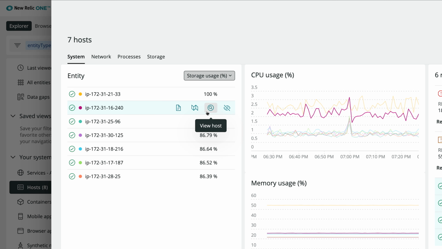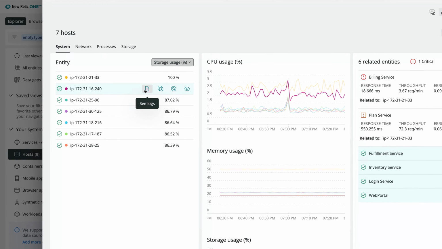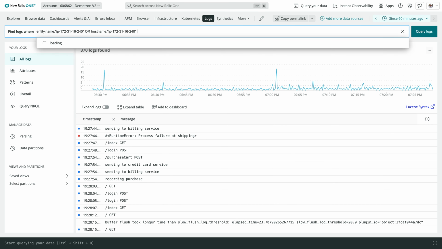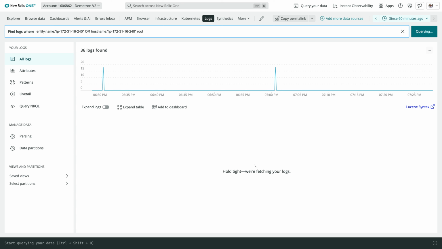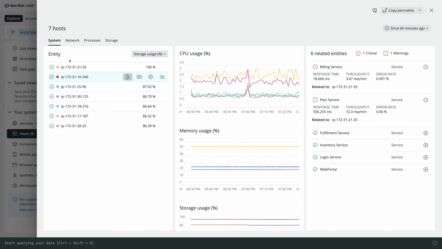The infrastructure interface also offers a lot of in-context actions that you can look at. Selecting the View Logs button will bring you to only the logs for that specific host where you can easily query your logs. Here I'm searching on any log entry that contains root. Back over to the selected hosts, mousing over the icon all the way on the left-hand side will let you know if this host is in an alerting state. Each host is also color-coded and represented by a color dot. This is also the color for the bar graph for each golden signal chart.